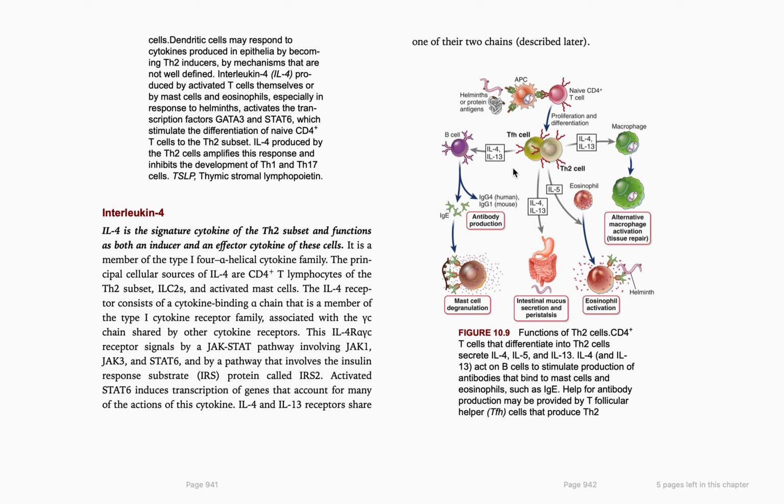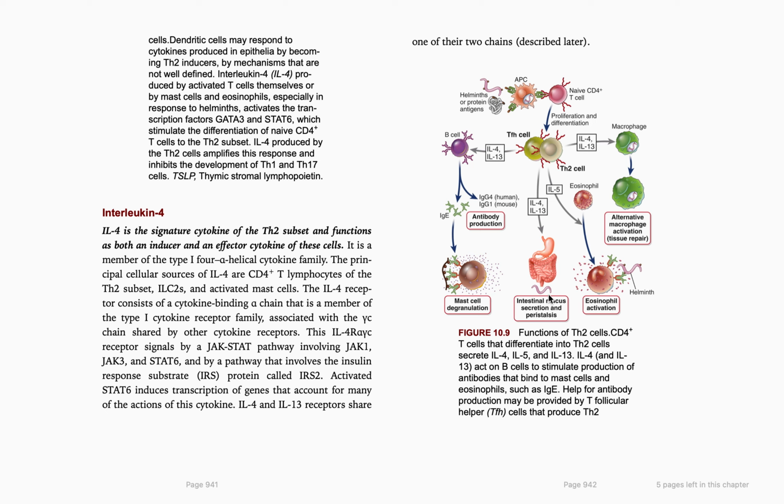And also interleukin 4 and 13 can activate B cells to produce antibodies, most of them IgE. They act in mast cell degranulation, and you see the information in the other functions. Also, there will be production of IgG4 and IgG1, IgG4 in human and IgG1 in mouse. So interleukin 4 and interleukin 13 also can go to